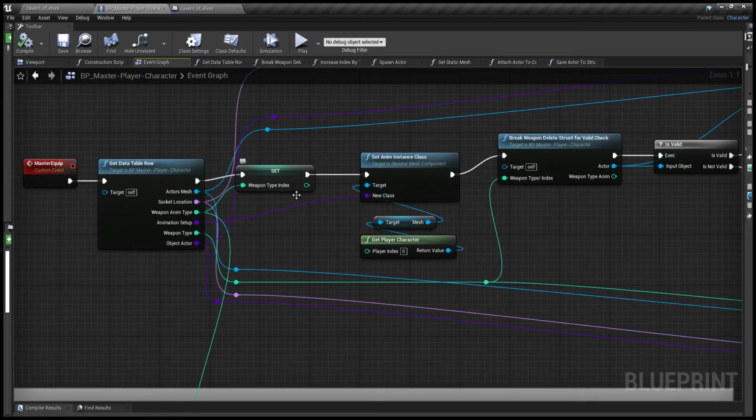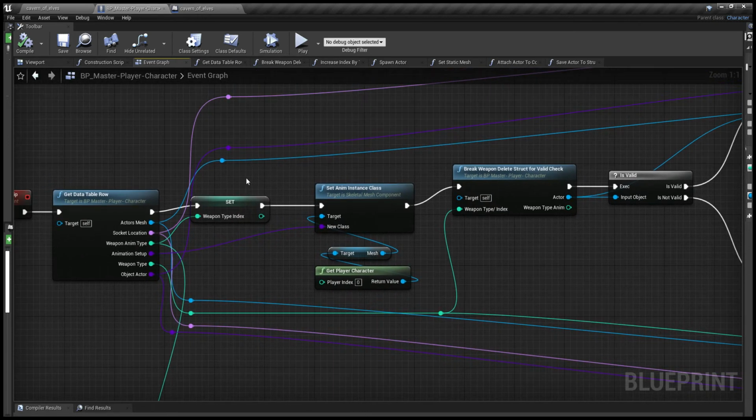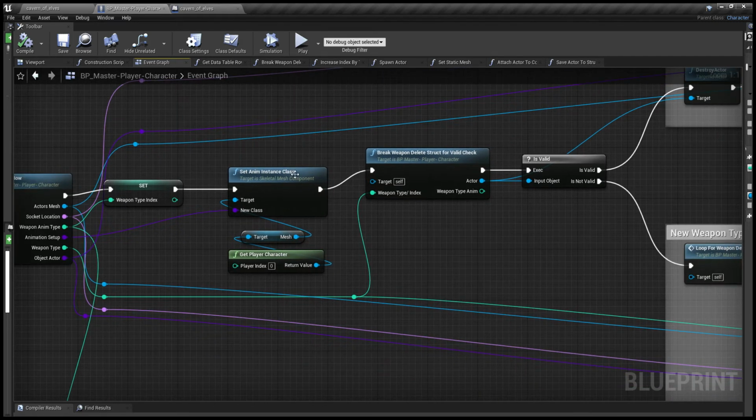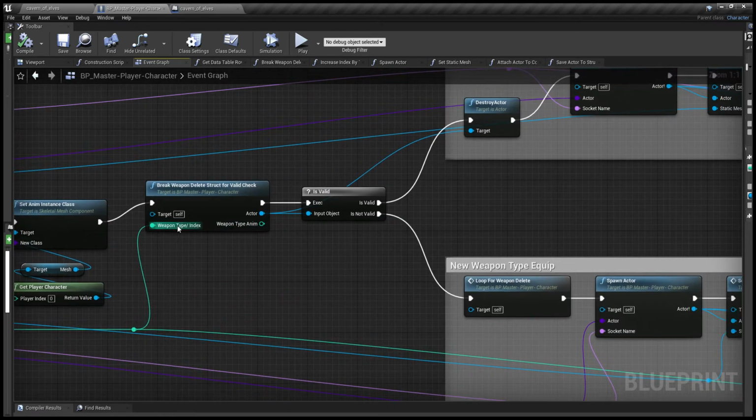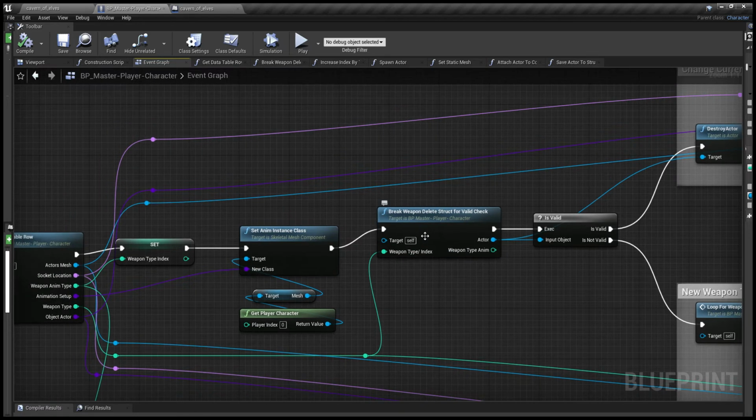I'm setting this weapon type index to allow me to use certain skills based off what animation type I'm using. So it's again not a big issue, or not an issue at all. This sets my anim instance, so it changes from sword and shield to bow to axe to all that. Here is my